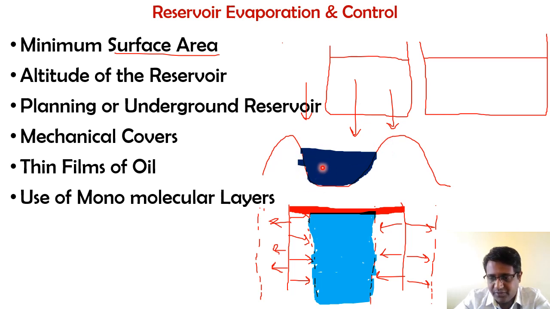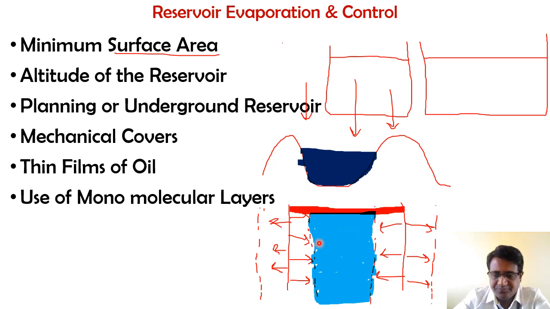If I consider the volume of water that needs to be stored, in the valley your depth of water will be more, so surface area will be less when you compare it with the volume of water that has been stored. Even if you check a nearby example, such as the Nabil Tirth Dam, it is in between that valley and the upstream side is where your water is stored.